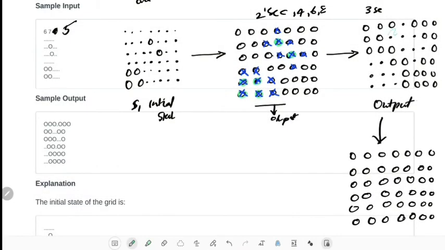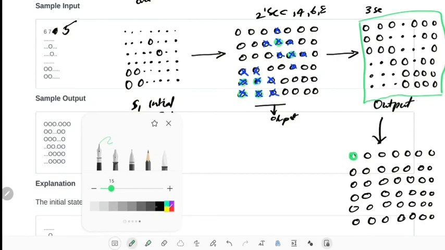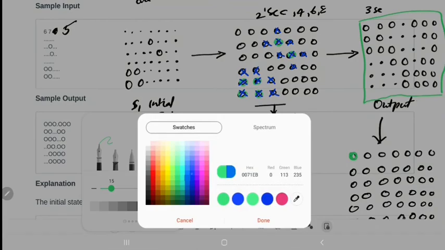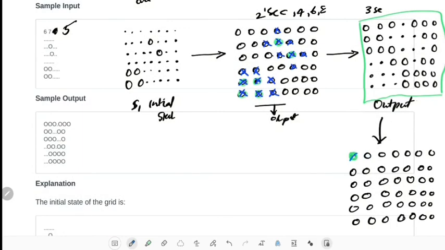What I am doing here is taking every bomb from this state and detonating all the neighboring cells. Look, I am taking that bomb, and I will detonate it, meaning I will blast all the neighboring cells also. This one, this one, this one.